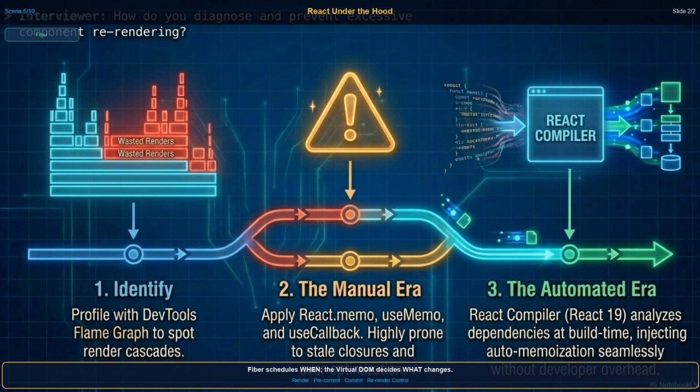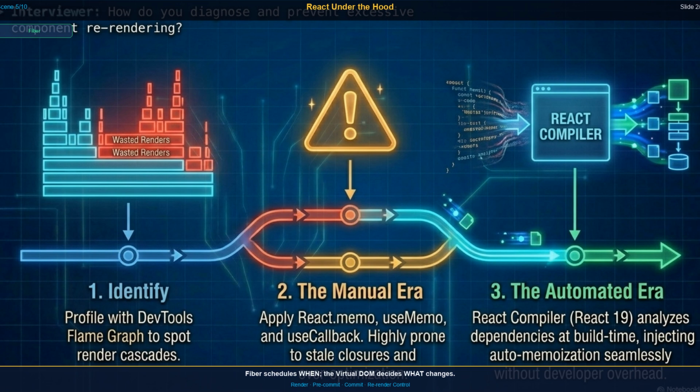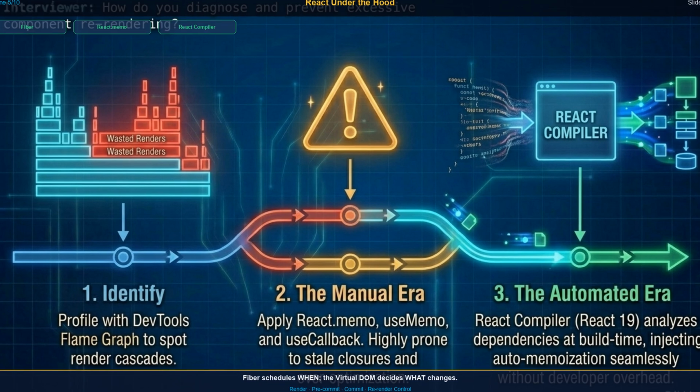For re-render diagnosis, walk through the 3-era evolution on this slide. Era 1, identify. Profile with the dev tools flame graph to spot wasted render cascades. Red bars mean components re-rendered without prop or state changes. That's your target list. Era 2, the manual era. Apply React.memo, useMemo, and useCallback. Powerful but prone to stale closures, missed dependencies, and over-optimization that makes code harder to read than the problem it